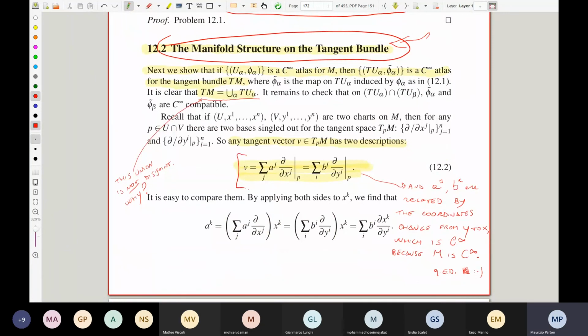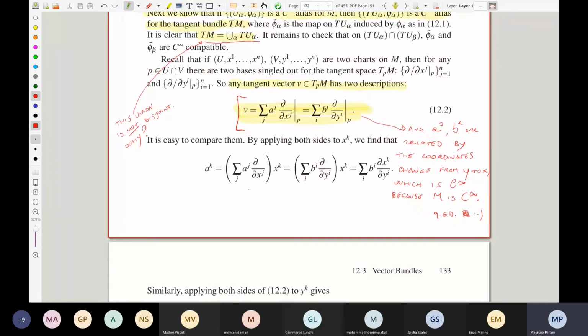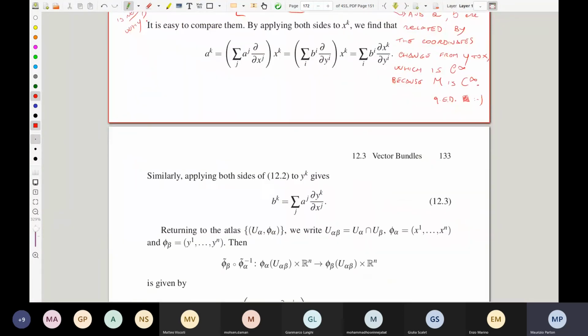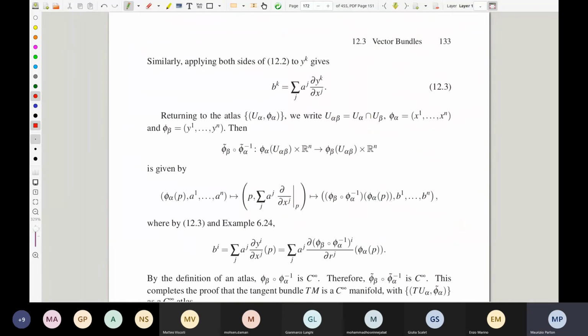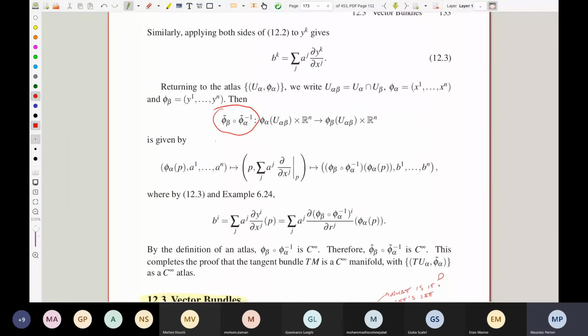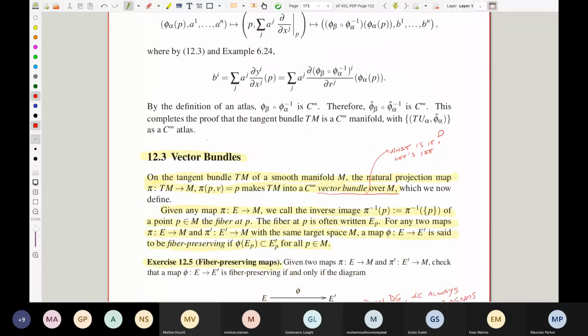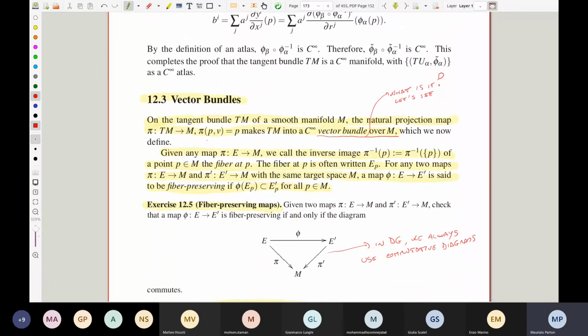There is a lot to say, because they are comparing a tangent vector and they are saying, okay, if I map these coordinates to this, when the two charts overlap, this transformation is infinitely differentiable. Okay, and you see they are computing the transitions of this newly defined atlas, and at the end it works. Okay,